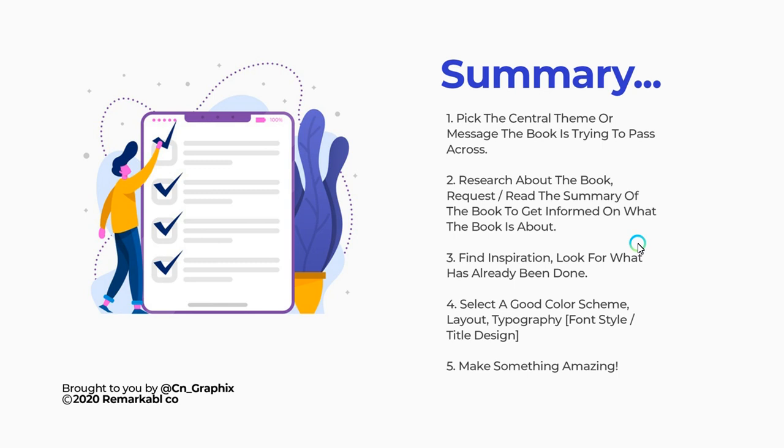So now, summary, right? There are 5 major things I think in everything we've talked about so far that you should really take into consideration anytime you're trying to design a book cover, right? Number 1 is to pick a central theme or message the book is trying to pass across. 2, research about the book. If you must, request and read